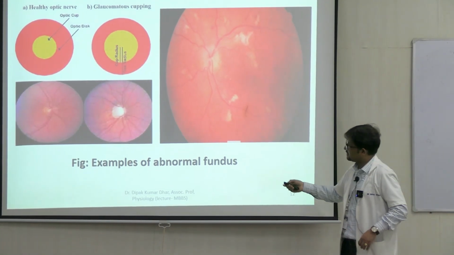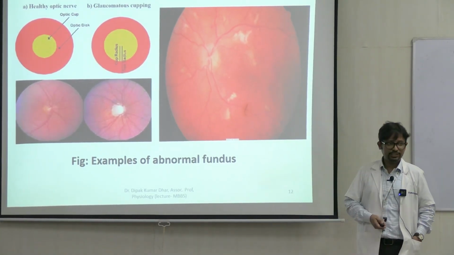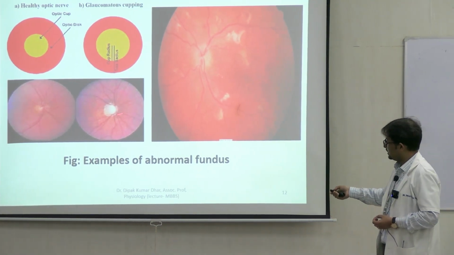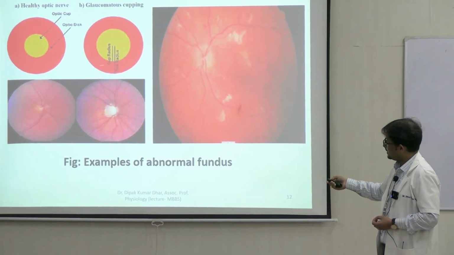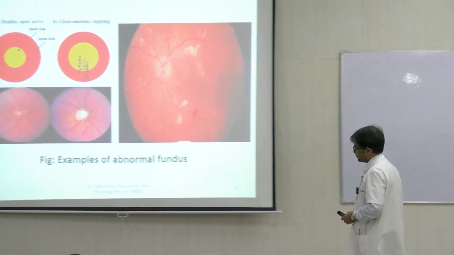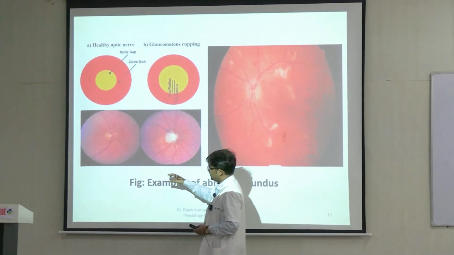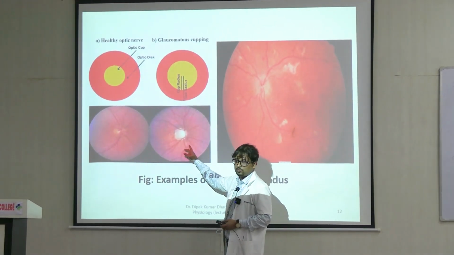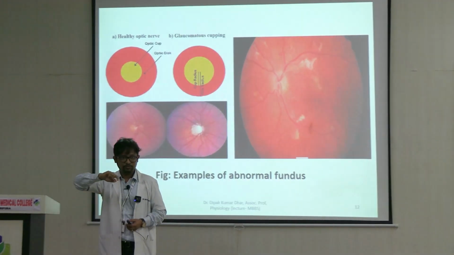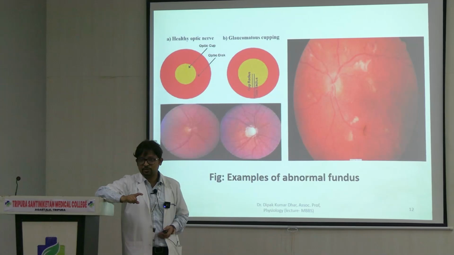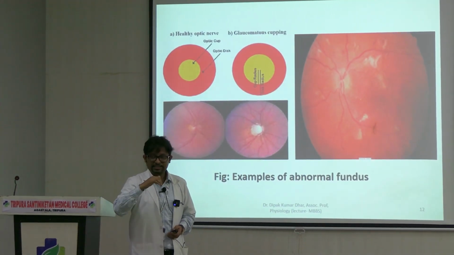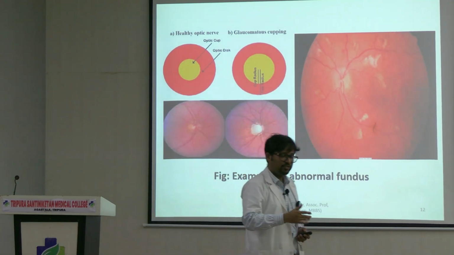What you see on this side is the area in the middle, the optic cup, that is the central part of the optic disc. This has become larger here, right? And the rim is reduced. This is what happens in glaucoma. In glaucoma, the cup to disc ratio, this is a normal one, this is what happens in abnormal states. In glaucoma the cup becomes more, the rim of the optic disc becomes narrow. This is one more important indication of doing fundus examination. And glaucoma, as I had said the last day, is a neurodegenerative disease which we cannot cure.